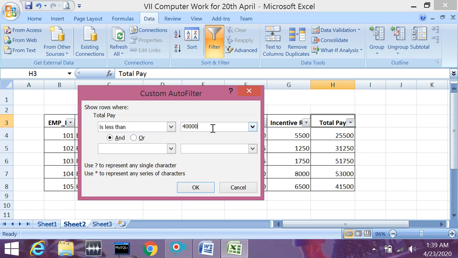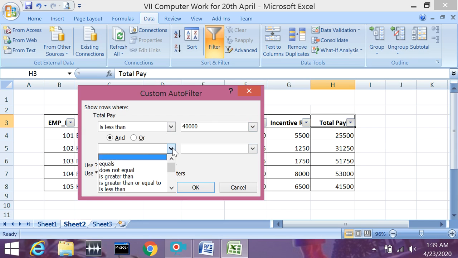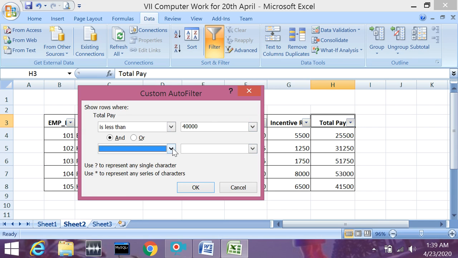If you have another condition, you can write it in the second box. But in our question we have only one condition, so I have given only that here.